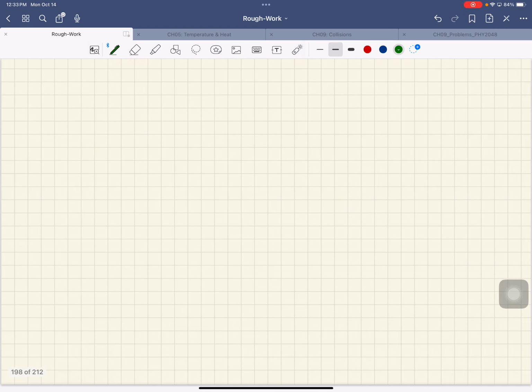All right. Do you guys remember Newton's second law? Net force is equal to mass times acceleration. If a force F acts on an object, the acceleration of the object is the force divided by the mass of the object. Well, actually, Newton's second law,